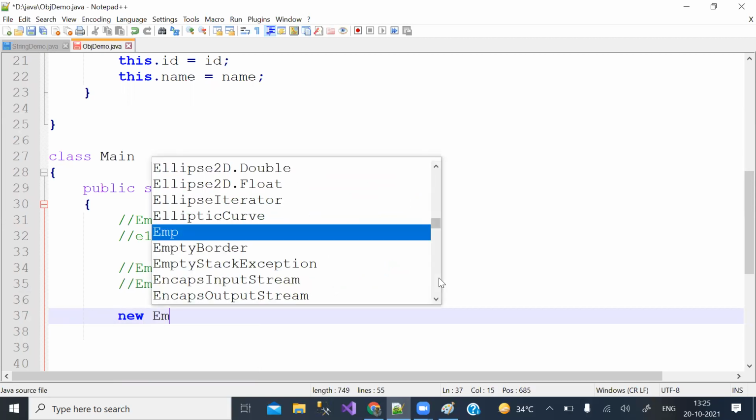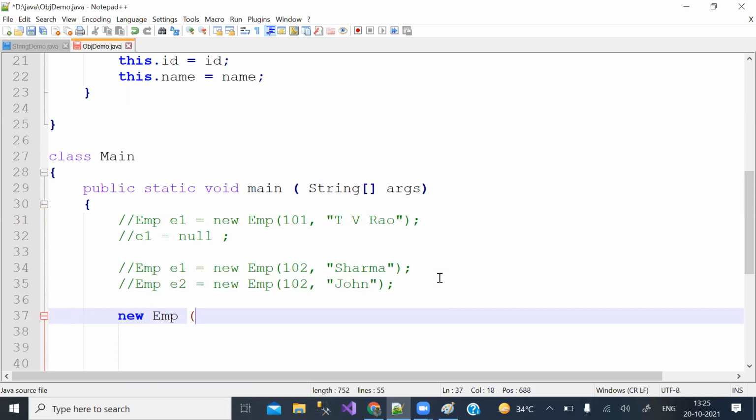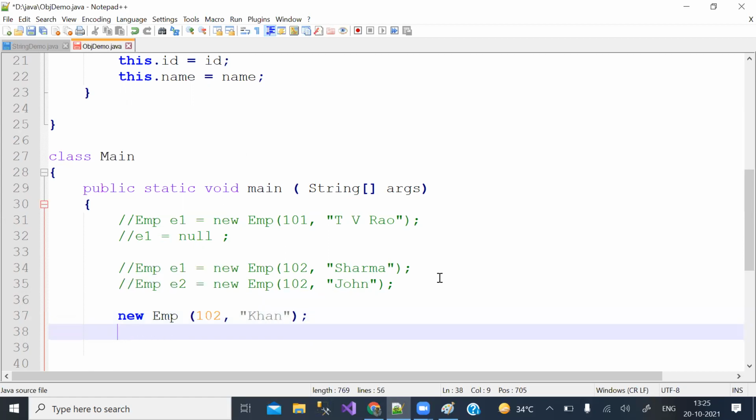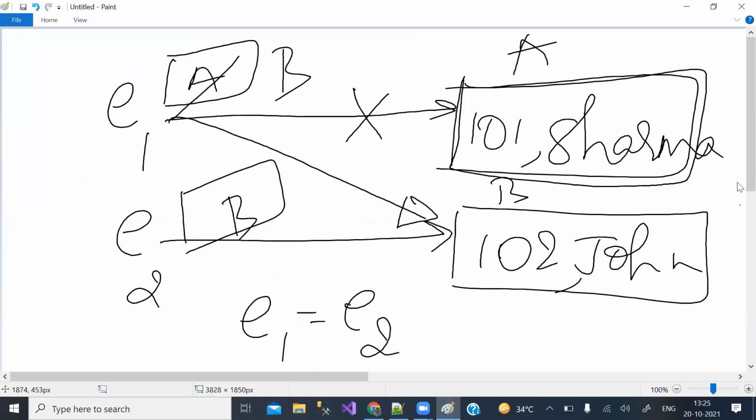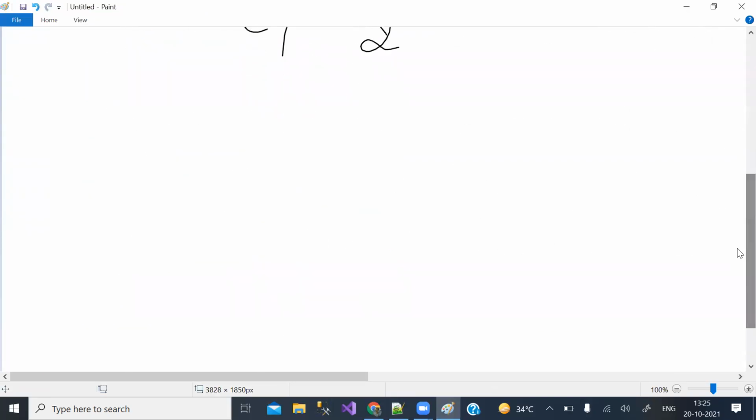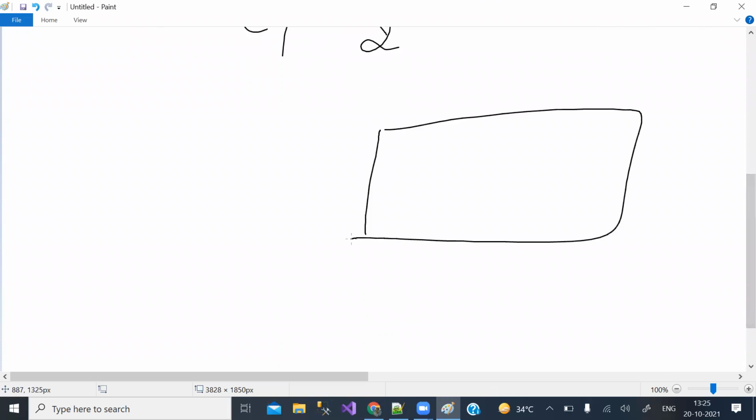Now, this is object. This is object without any reference. Is this clear? So how to interpret this? An object is created, but its address is stored nowhere.